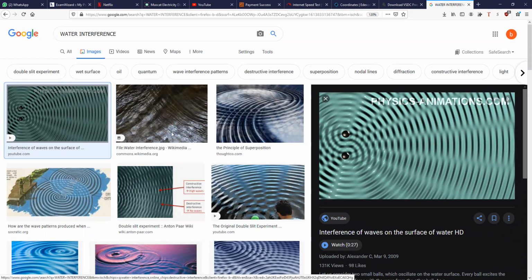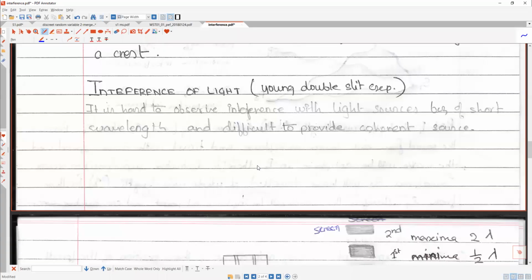Now let's talk about, okay, water interference done. Sound waves interference is done. Now let's talk about light interference. And remember that 6 mark question I showed you guys, 3 marks. I told you now. So you have to write about constructive interference. What do you have to write? You have to write maximum amplitude, path difference a whole wavelength, completely in phase. 3 marks. Completely in phase, maximum amplitude, constructive interference takes place for loud noise.